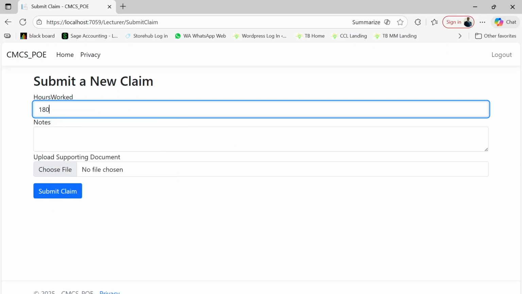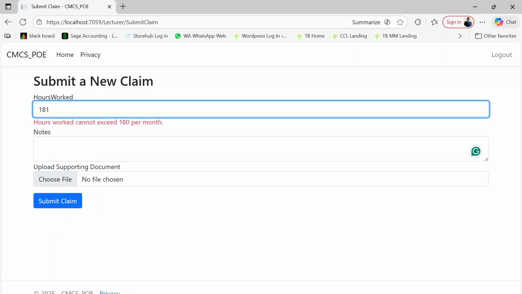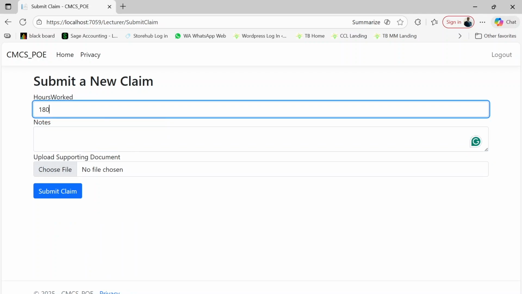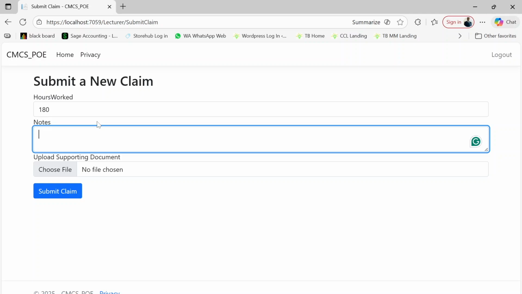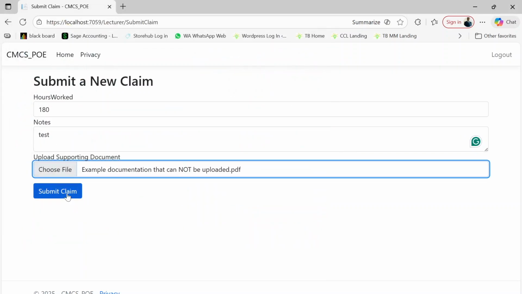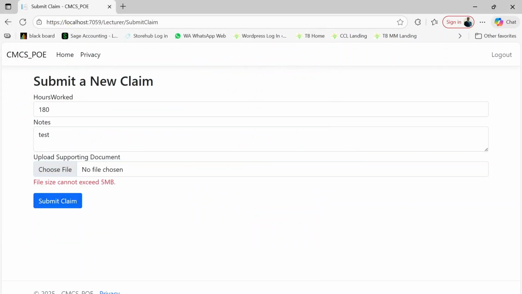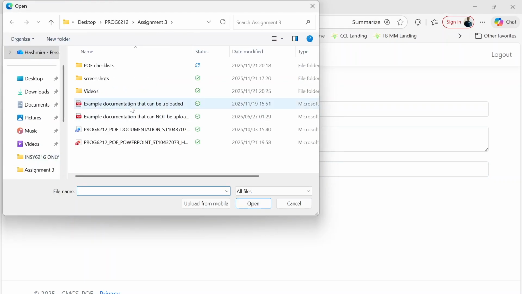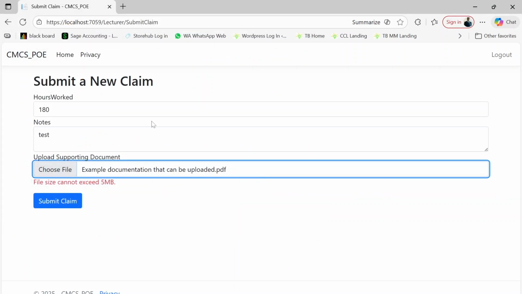So firstly, there's a constraint of working over 180 hours per month, and so they are prompted by that if they input over 180 hours, and then we'll just do a test here. And then there's also a restriction if they upload files that are larger than 5 megabytes. Yes, there we go. It's then that the file cannot be uploaded and the claim cannot be submitted. So we'll just upload one with an example documentation,